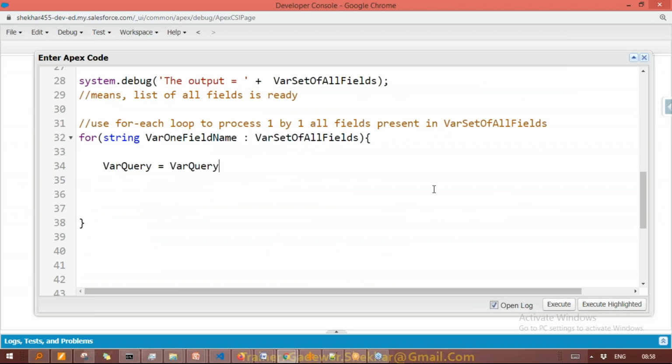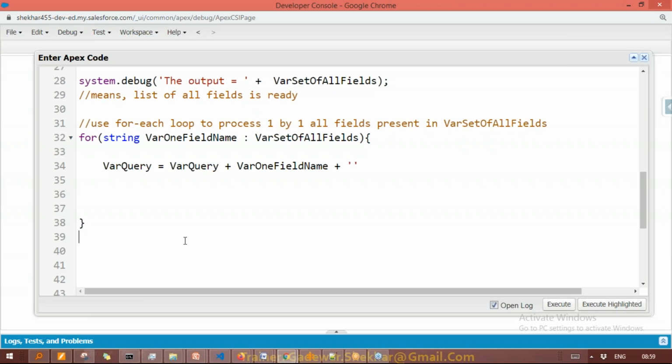Var query equal to var query plus, we will keep on concatenating. So just give this value. We are concatenating one by one all the fields. And please note at the end, we will concatenate with a comma, because between all the fields in the query we know we have a comma.